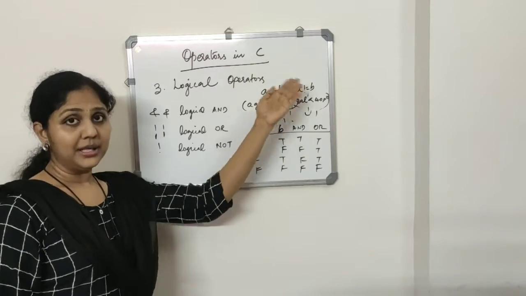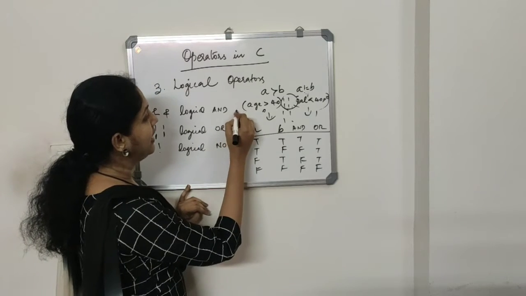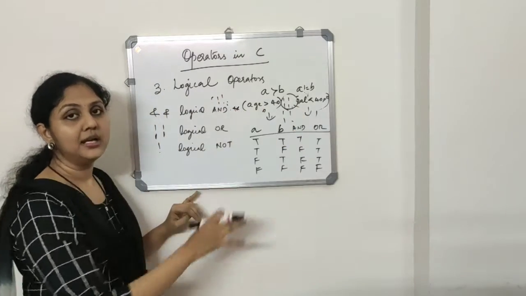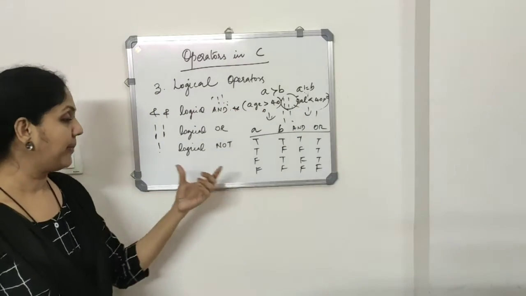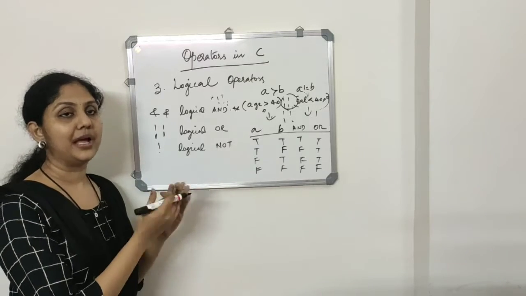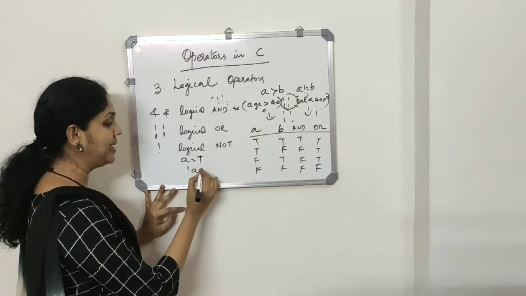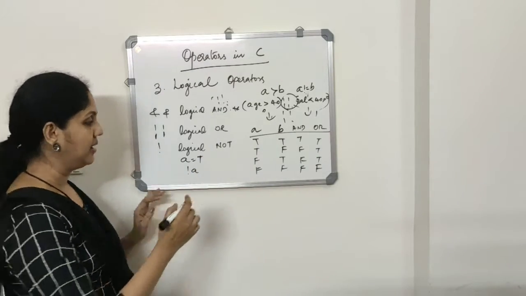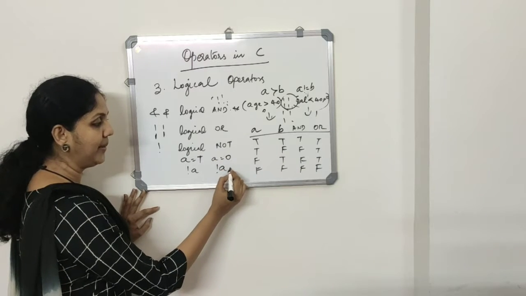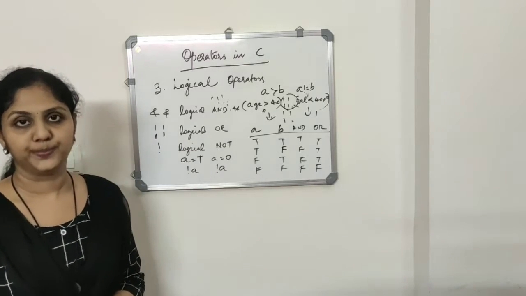Now I can combine many more expressions here. Again, I can add AND something or something, so I can combine many expressions together. Now what is logical NOT? It will complement the value. Suppose A is equal to true, then NOT A means A is false. If A is equal to false, or A is equal to 0, then NOT A means the value is 1. It is used for complementing a value.